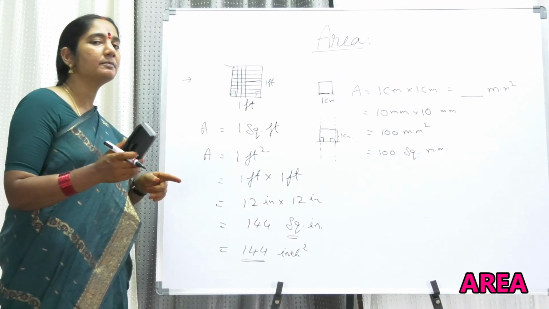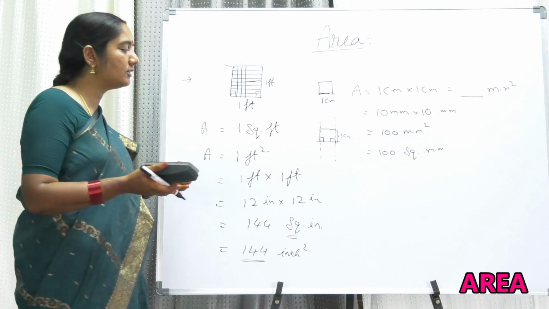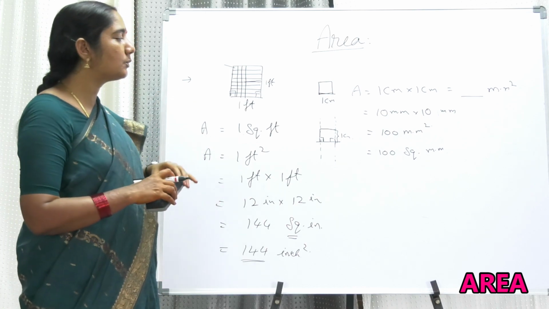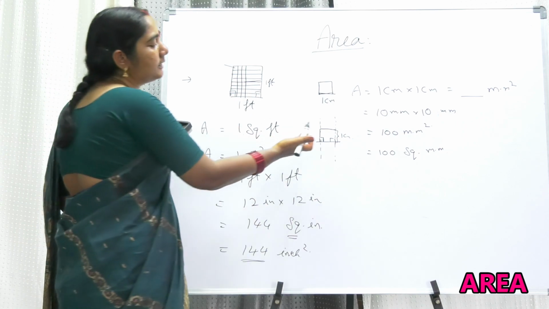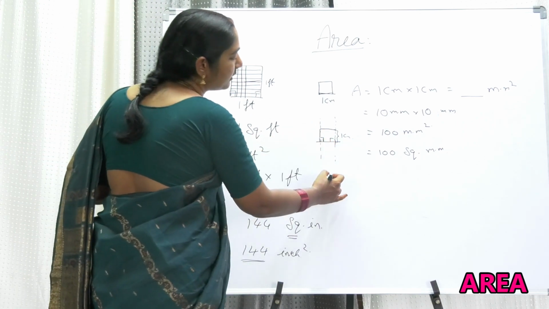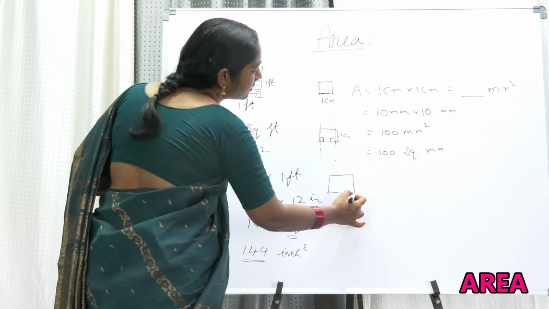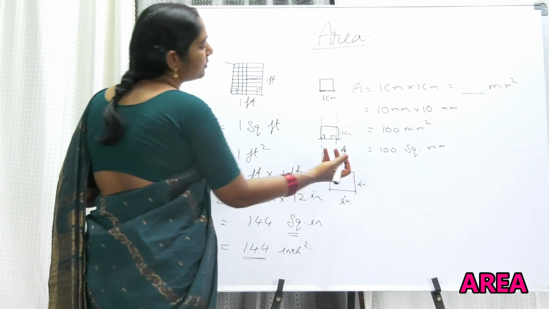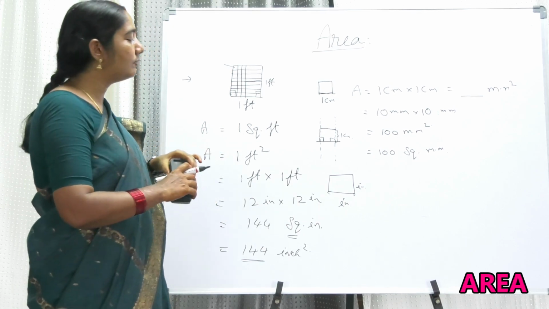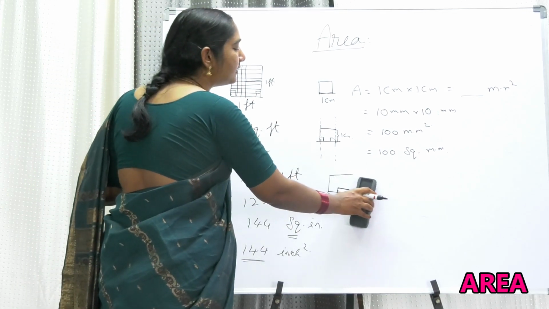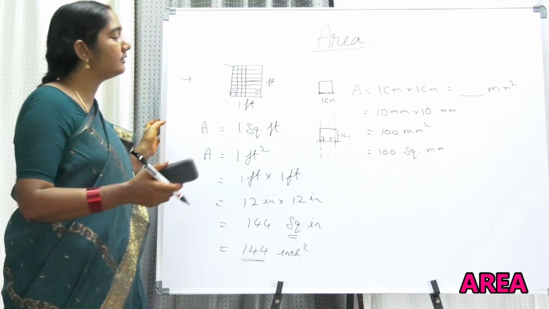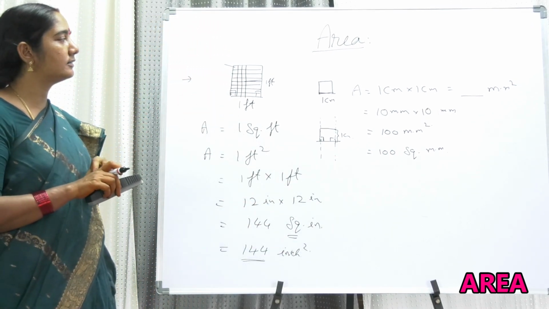If it is possible, you can try. If you have patience, you can draw and see, and you can understand what is 1 square inch. Similar to 1 square centimeter, you draw 1 square inch. Take 1 inch on one side, 1 inch on the other side, and you will get 1 square inch. Why I am asking you to draw is that you will have an estimation. If you see any area, you can have an estimation of what it is.